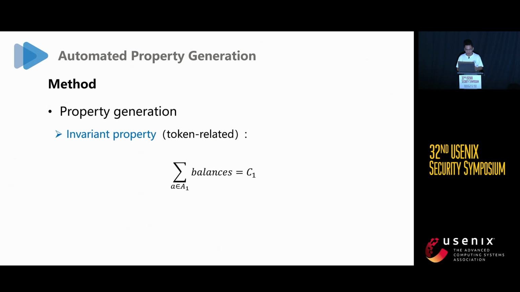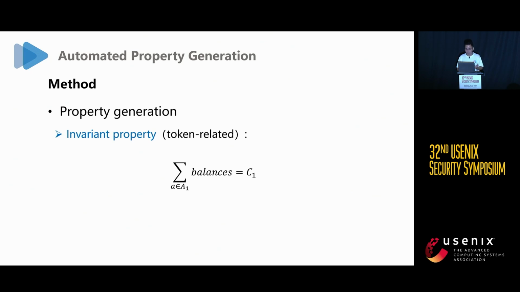Lastly, two kinds of properties are generated for different categories of contracts. The invariant property requires that an invariant hold before and after any transactions of the contract. For example, we give an invariant as follows for the token-related contracts. This invariant requires that the sum of token balances is constant, which ensures that the token balances are calculated in